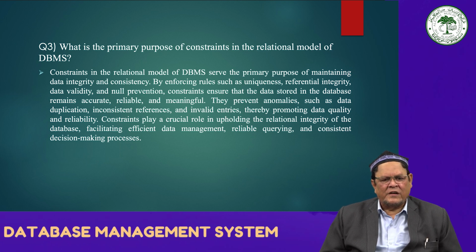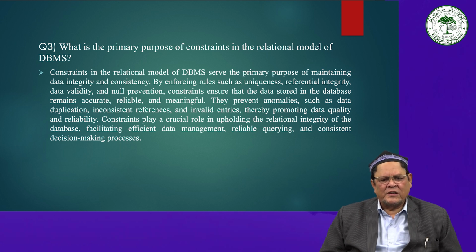Constraints ensure that the data stored in the database remains accurate, reliable, and meaningful. They prevent anomalies such as data duplication, inconsistent references, and invalid entries, thereby promoting data quality and reliability. Constraints play a crucial role in upholding the relational integrity of the database, facilitating efficient data management, reliable queries, and consistent